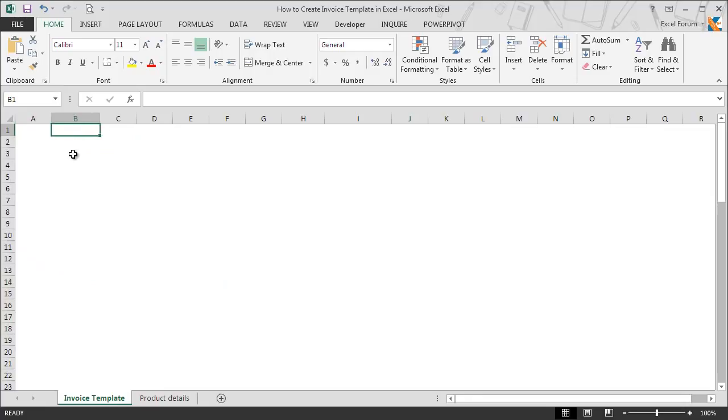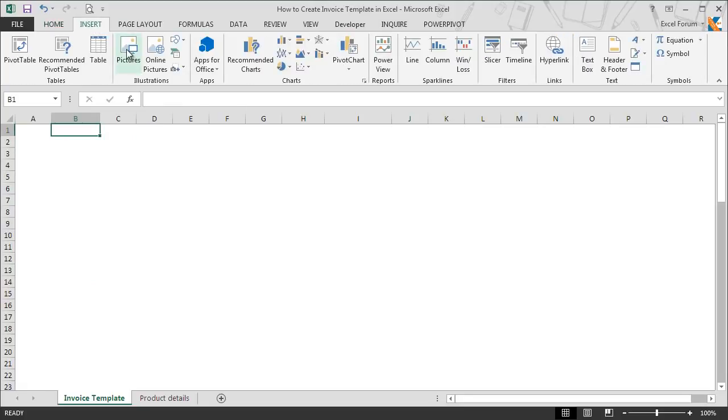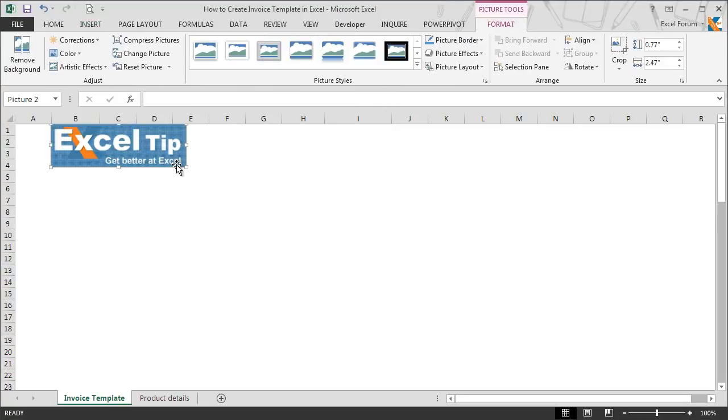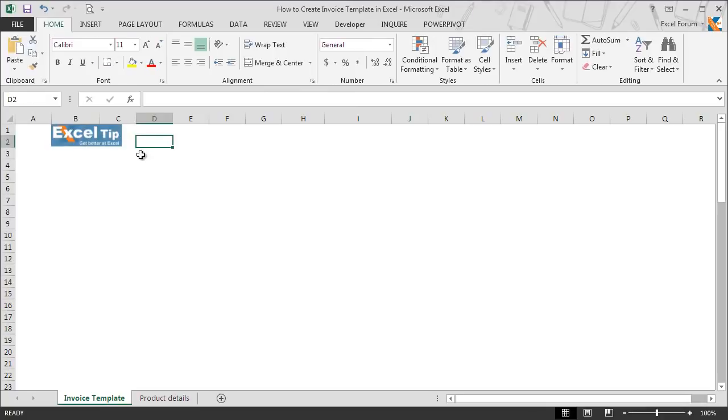We'll first insert the company logo here. So we go to insert tab and then we click on pictures and we insert the company logo. This is too big, so let us make it smaller. So we reduce size of this image. This looks perfect. Okay, we have placed the company logo on the left side of the page. However, in case if you want to place it anywhere on the page, you can place it as per your own choice. Then we go to I1 and we type invoice